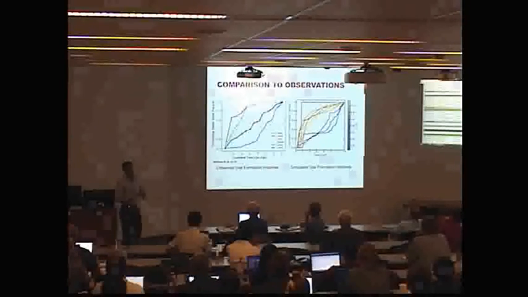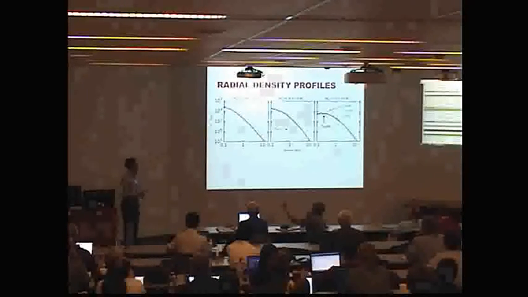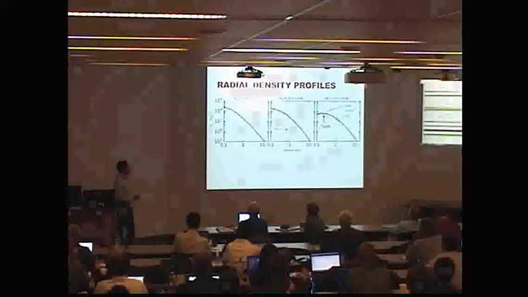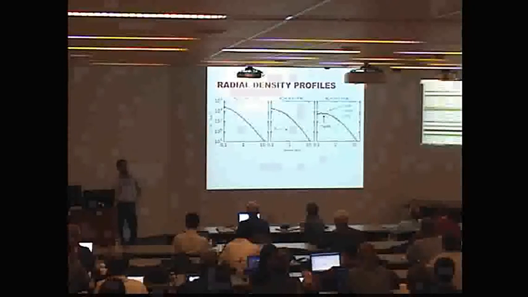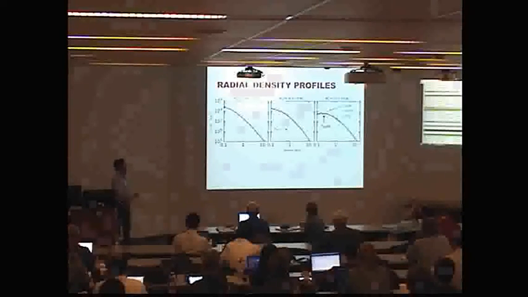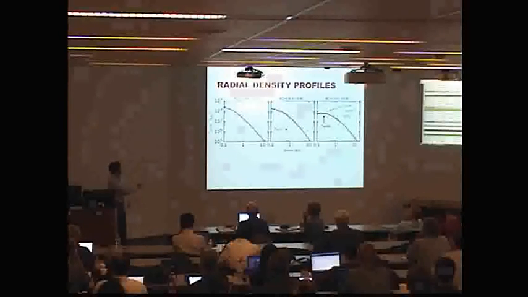So now that I've compared to the global properties of observation, I'd really like to delve into the centers of these halos, namely the radial density profiles of these halos. Specifically, if we look here in black, we have the hydrodynamical simulations. In the gray dashed line, we have the corresponding dark matter only simulations. And then in the black dotted line, we have the half-light radius.